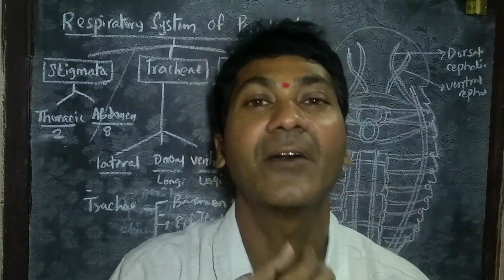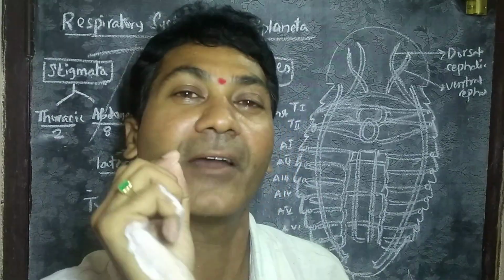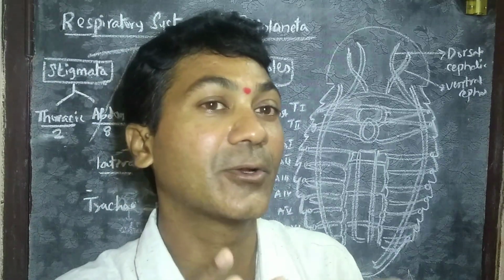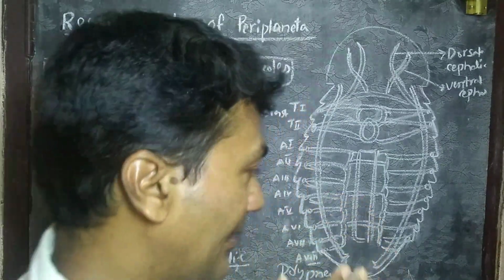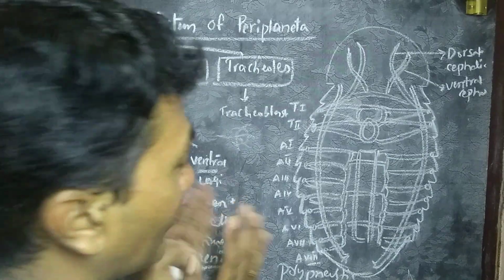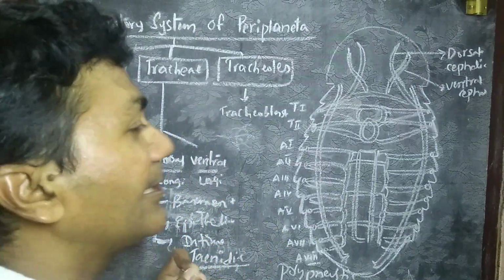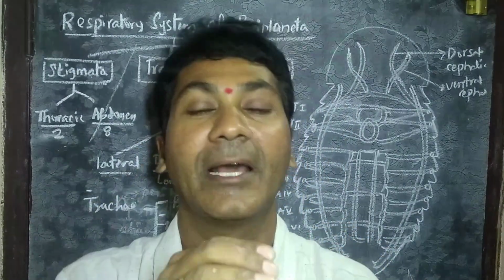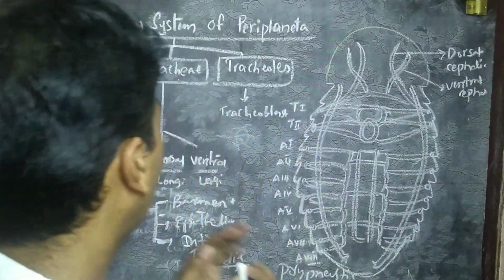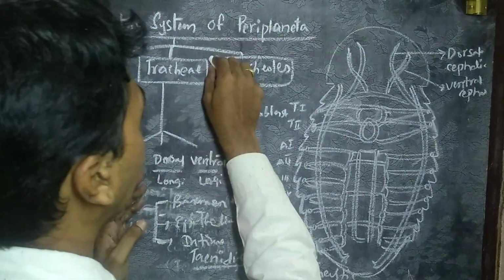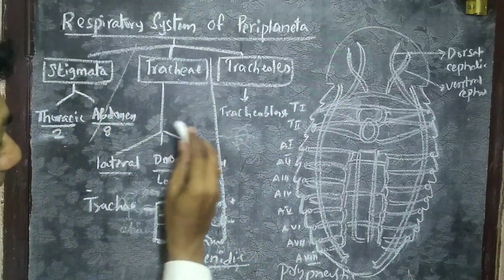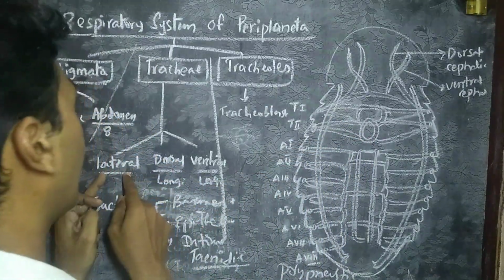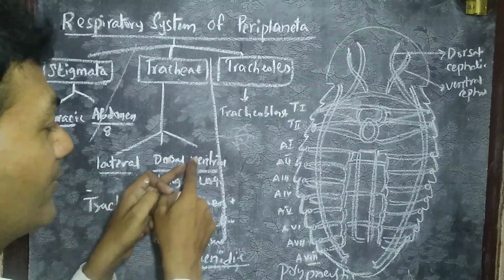Just imagine our trachea. Our trachea has C-shaped cartilaginous rings, right, which prevent collapsing of the trachea. As it is an invertebrate, it contains Ctenidae. The Ctenidae help in preventing the trachea from collapsing. So this is regarding the trachea, right? Then tracheoles. So the trachea in lateral, dorsal, ventral: lateral trachea, dorsal longitudinal, ventral longitudinal.